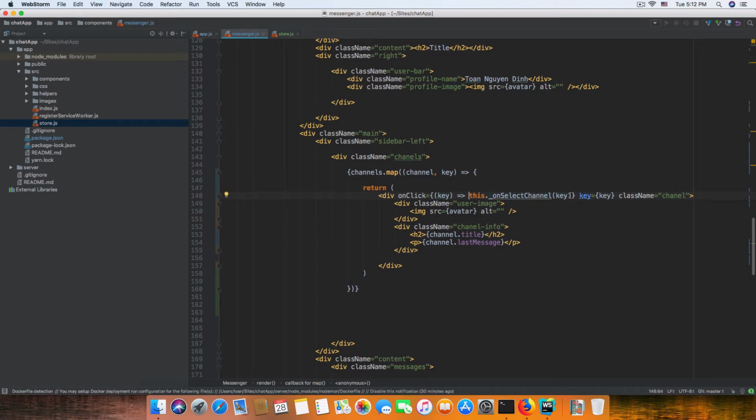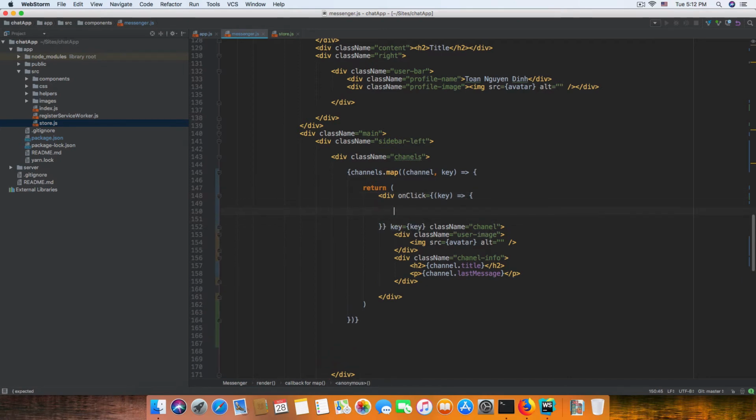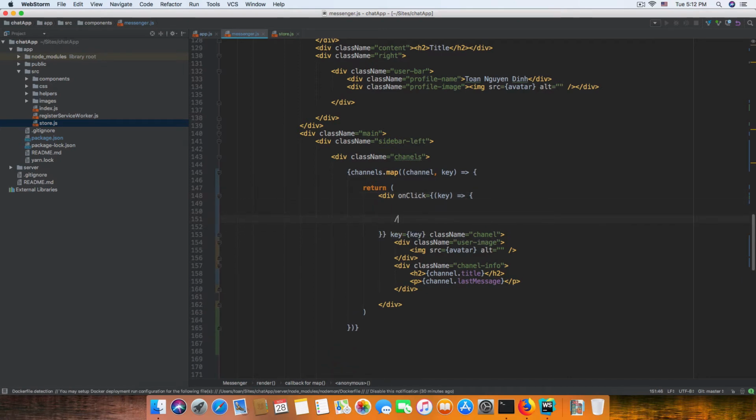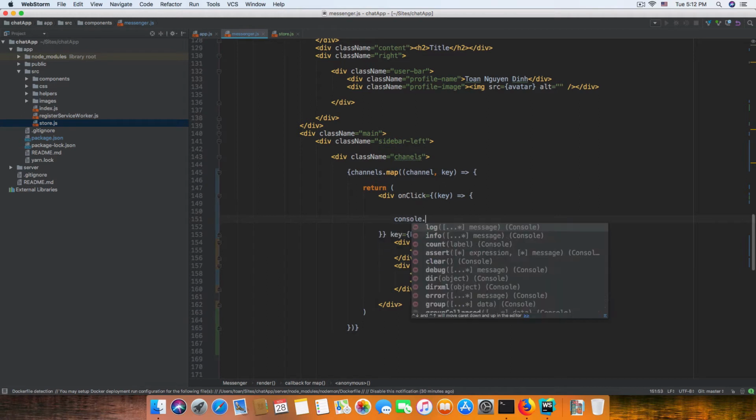Or even we can hand code it exactly inside here, so we don't have to create a new one. So first thing we need to log console.log